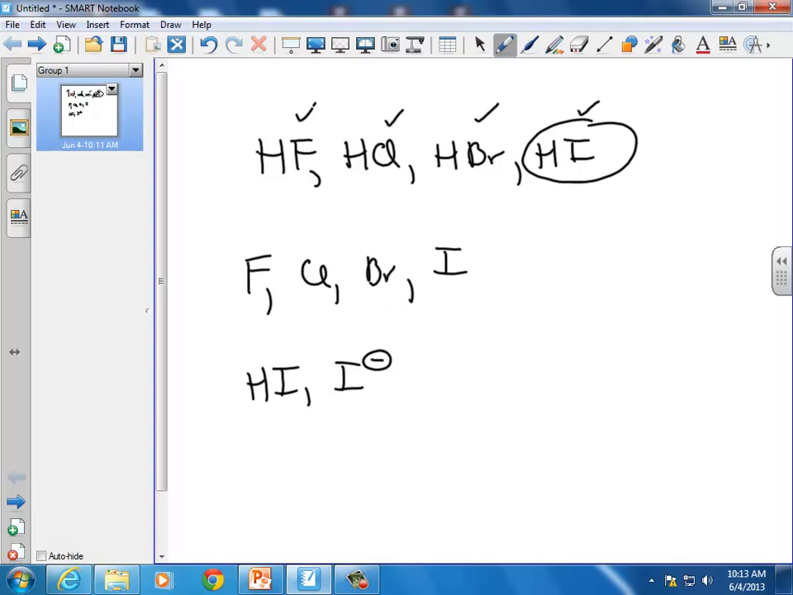Okay, so this is strictly going down a group. If you have acids composed of elements in one group, look at size. The larger the bond, the stronger the acid. So once again, it's much easier for the proton to be given up, to be donated to another species. So now,